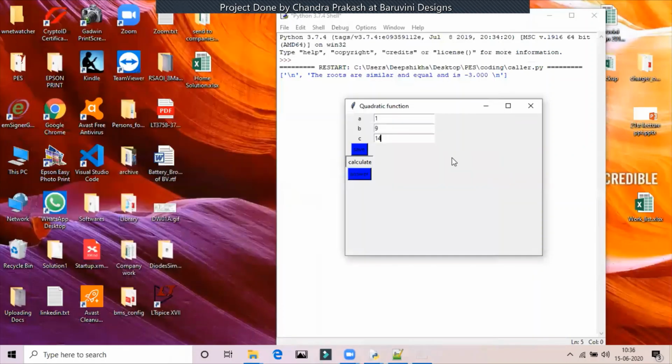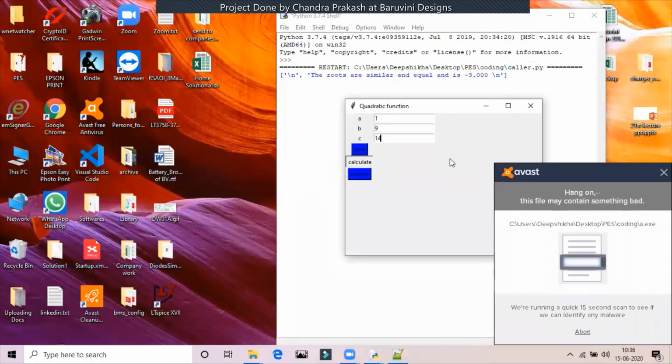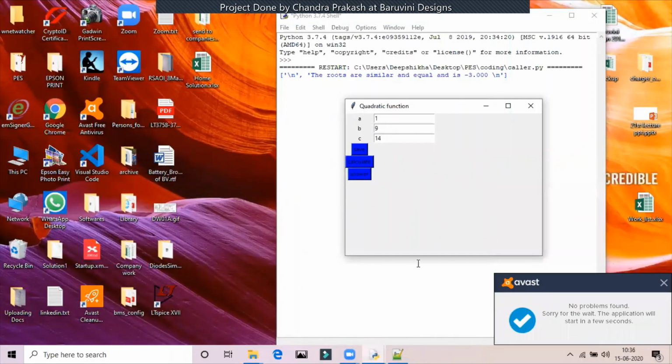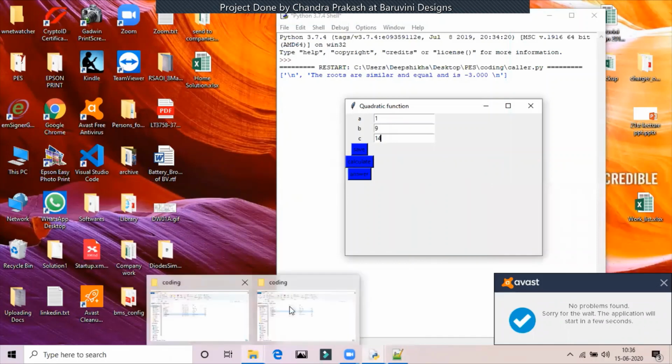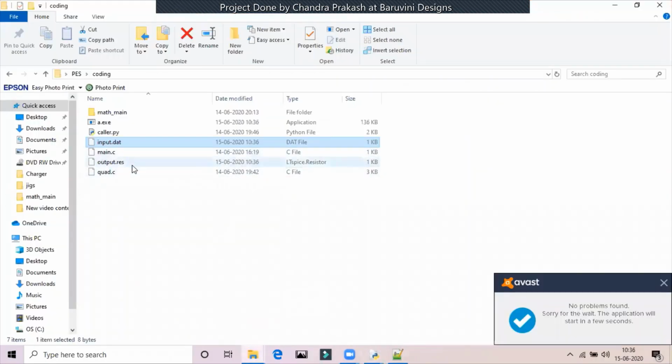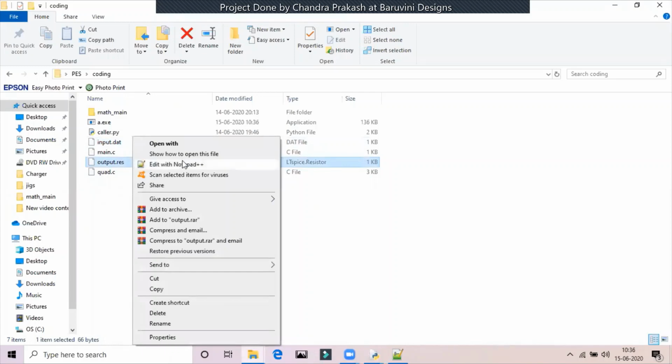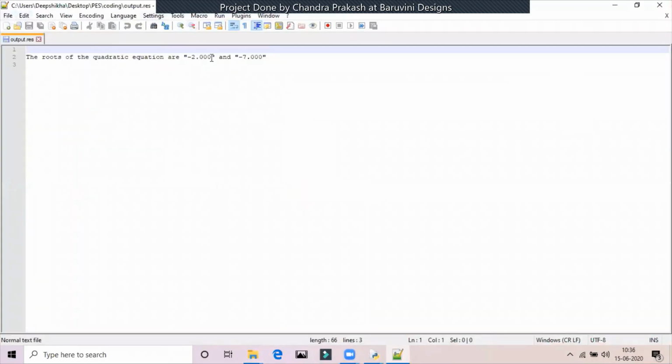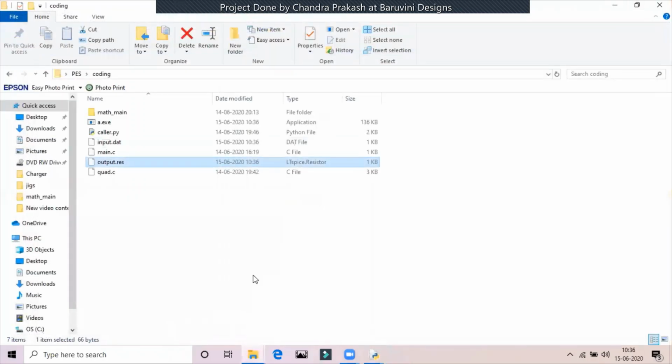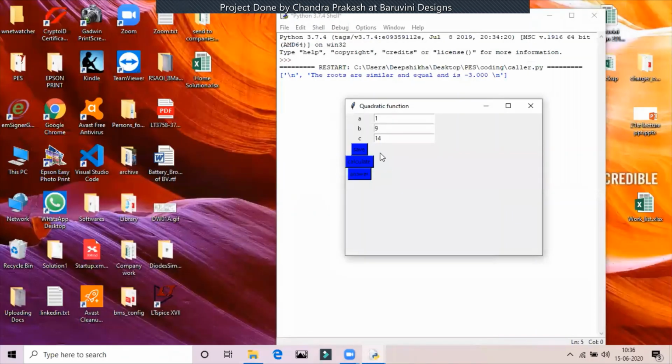And when I press calculate, the equation is solved and it gets dumped in this output.data file right here, -2 and -7. And then when I press answer in the Python shell, I get my answer out here.